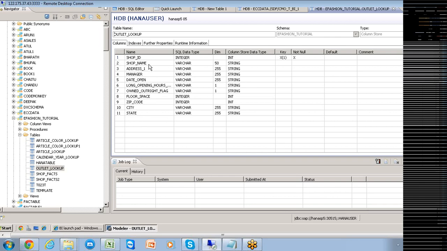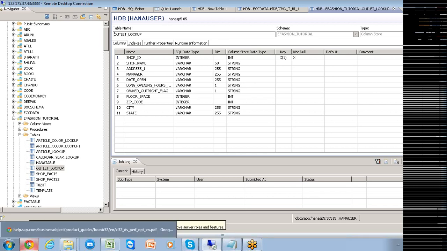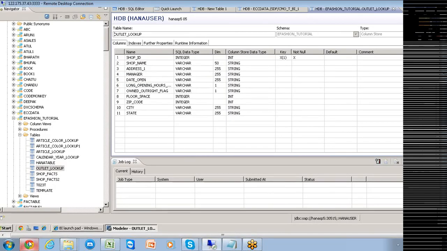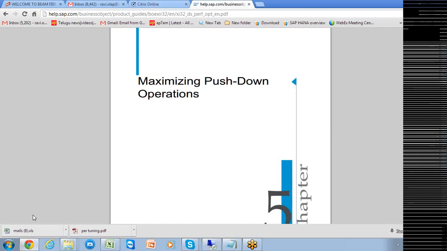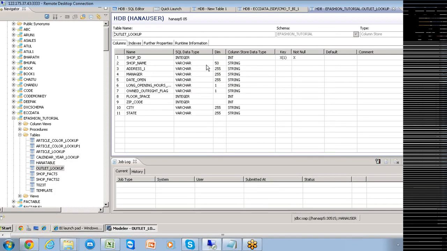So Anand, can you say whether it is a master table or a transaction table? Also, please justify why. Just tell me whether this outlet lookup is a master table or a transaction table. For me, it looks like a master table because this is not going to change for quite some time.